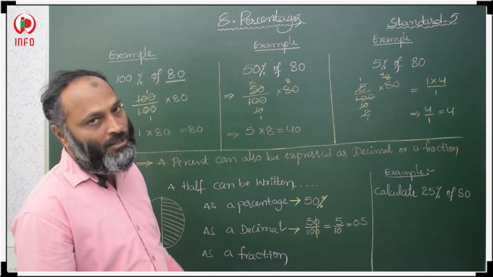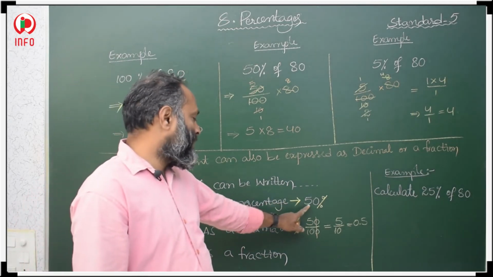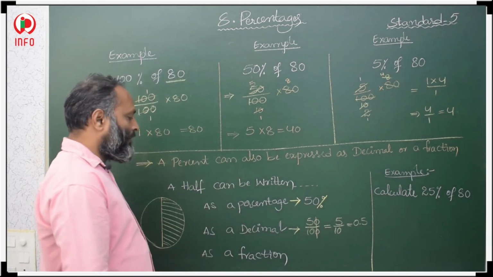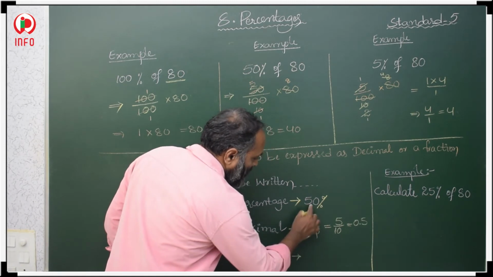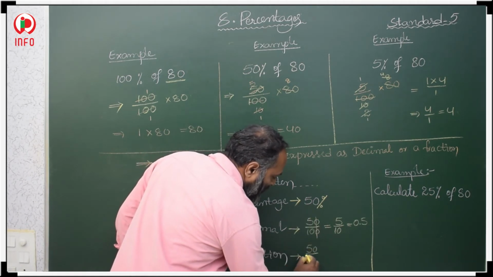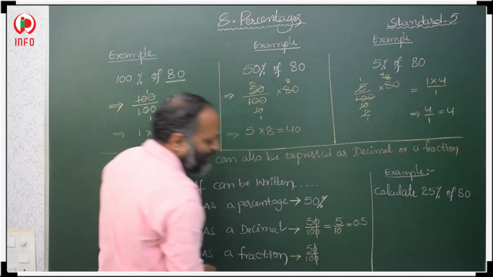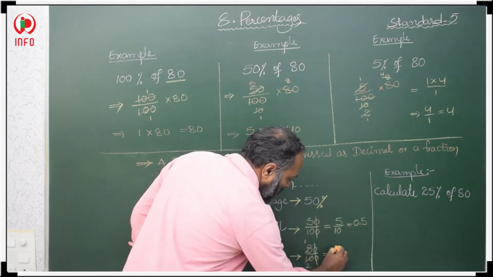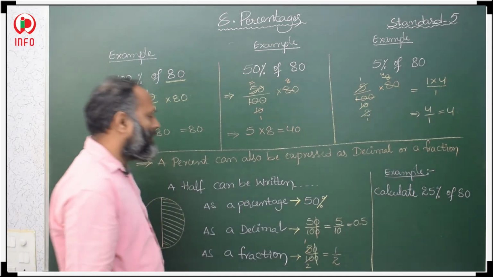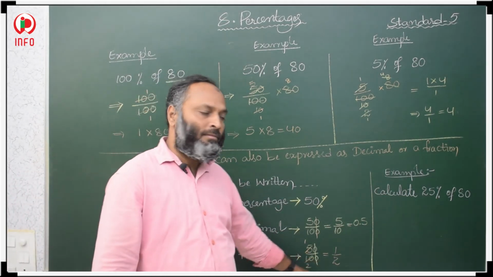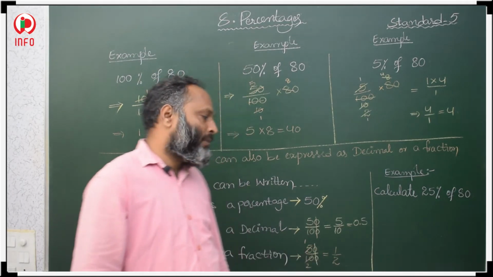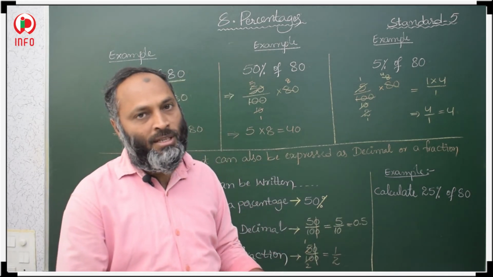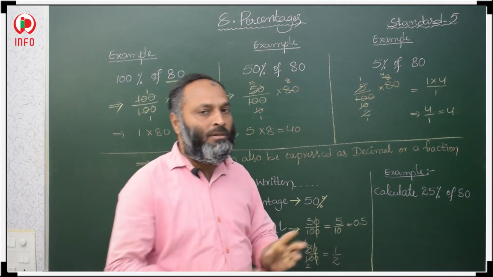Okay, tenths means 0.5. So this is the percentage. This percentage we converted as a decimal, that is 0.5. Then how to convert to a fraction? In a fraction, the percentage is given percent by total percent, the 0 gets cancelled. Then 5 ones are 5, 5 twos are 10. It is 1 by 2. It is in fraction. Percentage half means 1 by 2. Then 50% in the fraction is 1 by 2, in the decimal it is 0.5. This is the method to convert a percentage into a decimal and a percentage into a fraction.